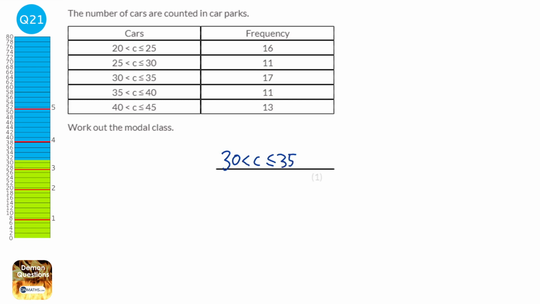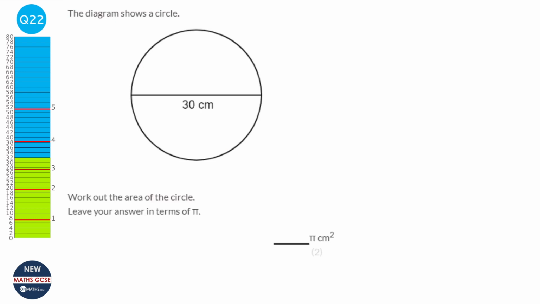That essentially means 30 to 35, but make sure you copy it down correctly from the table, so exactly as it shows it in the table. To work out the area of a circle, we first of all need to work out what the radius is. Now the radius is half the distance of the diameter. So to work out what the radius is, we get the diameter and we halve it, which would be 15